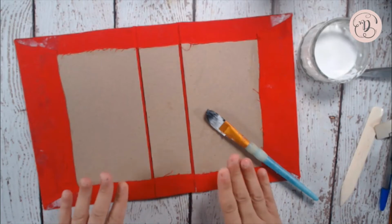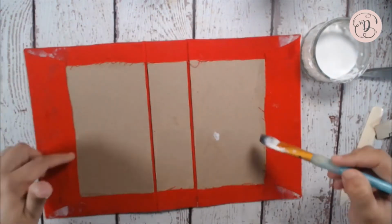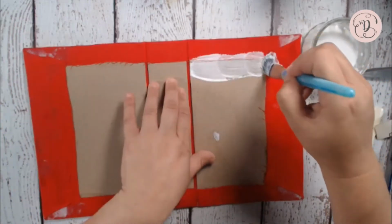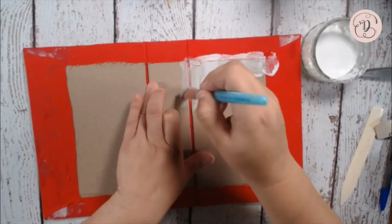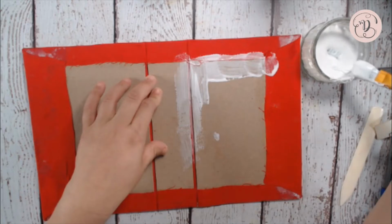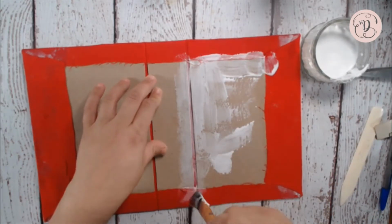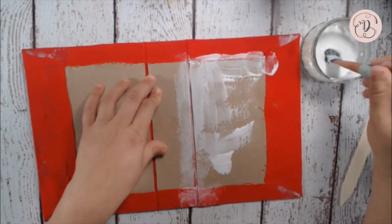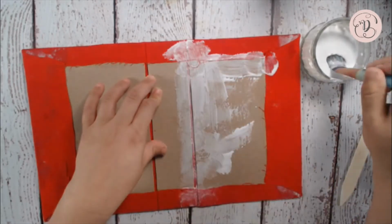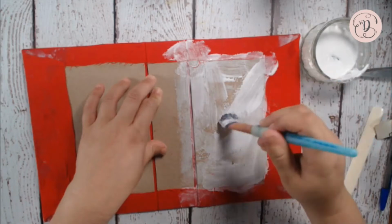Okay, so now we're going to do the inside. The inside is so much simpler. I'm going to start with the rectangle right here, and I'm just going to cover it with glue. I like to start with one side and partially in the middle. I just think it makes it easier to work with half versus trying to work with it all and having this massive amount. And I'm just going to cover it with glue from basically top to bottom. Again, I don't worry about going along the edge because we're going to cover it with